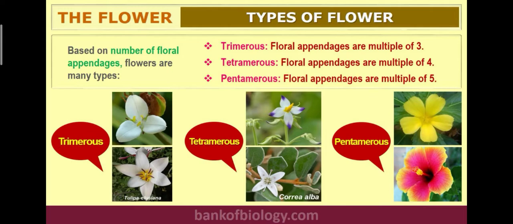Now based on the number of floral appendages, flowers are of many types. अब floral appendages के बेस पे देखोगे तो flower बहुत सारे types के होते हैं. ठीक है, उनकी पंखुड़ी को देखोगे, trimerous, tetramerous and pentamerous. जैसे कि वो 3 पेटल्स होंगे, 4 होंगे, 5 होंगे फ्लोरल appendages, तो trimerous, tetramerous and pentamerous. ओके,